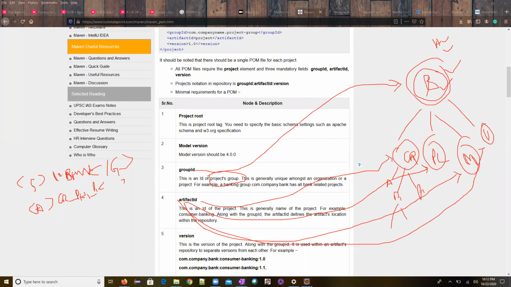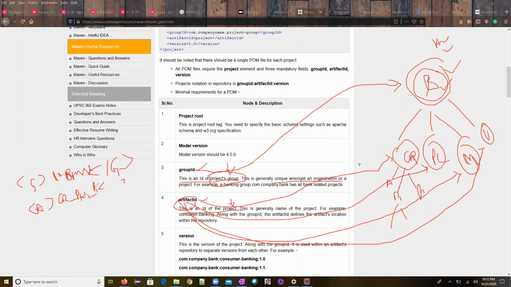That's it. Okay. So that should be unique. So whatever the thing you are writing, if you are writing law for, that should be unique. It shouldn't have conflicts. Okay, that is what it will help, like an artifact ID and then group ID. Okay, if you read the definition, it is an ID of a project group generally unique among the organization, and this is an ID of a project. It's an individual project here we are talking about. It's a parent group we are talking about over here. Okay, that's the basic differences.